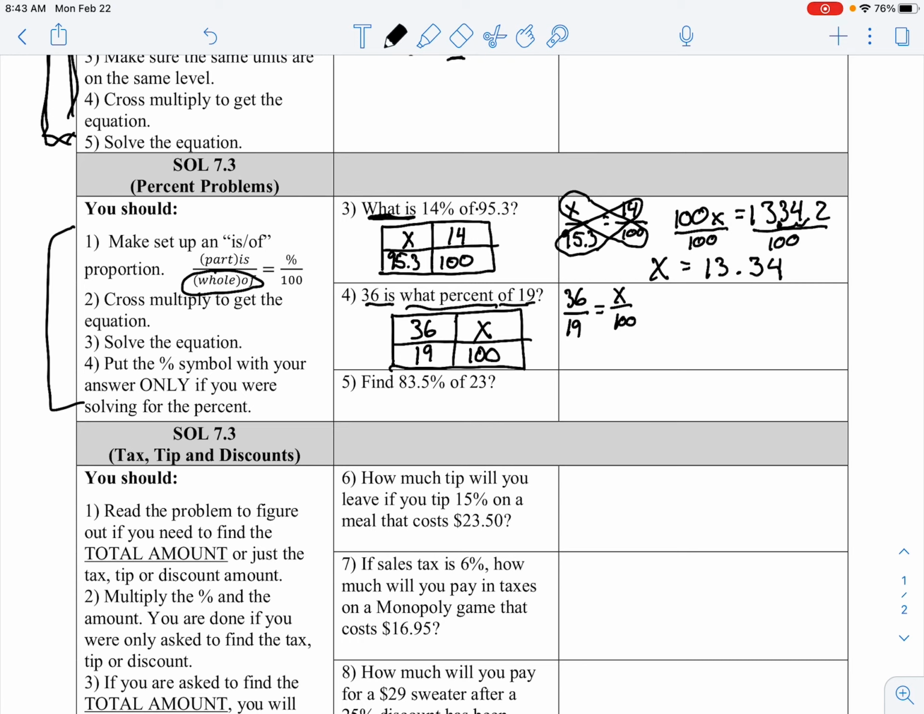I think we're starting to get the process here. So once we have our proportion, cross multiply. 19 times x is going to equal 36 times 100, which is going to be 3,600. One-step equation. All we have to do is divide by 19, divide by 19, and x will be equal to, calculator again, 3,600 divided by 19 will give us